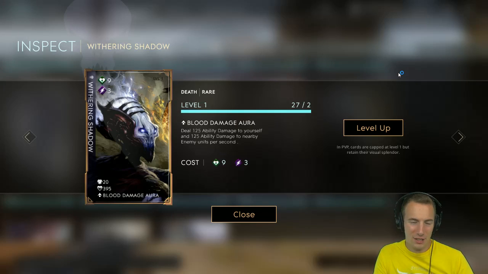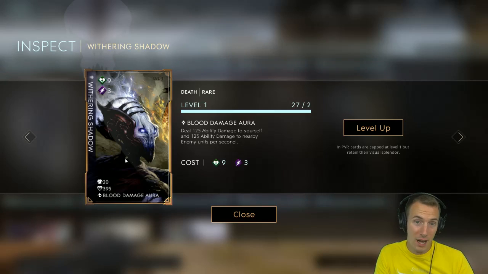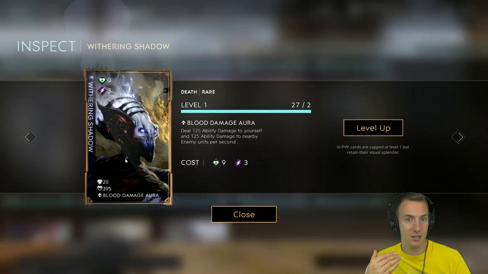Now here is a card that the more you think about it, the more it maybe becomes more viable. It's called Withering Shadow. For 9 Vitality and 3 Knowledge, you gain 20 power and 395 health. The Blood Damage Aura deals 125 ability damage to yourself and 125 ability damage to nearby enemy units per second. So because that's enemy units, that also means minions and enemy heroes. Sieging and defending,